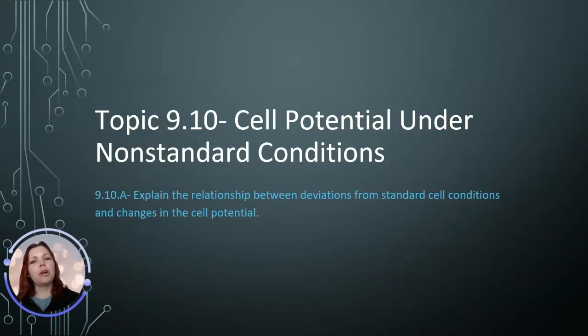Hello AP Chem students and welcome to topic 9.10, cell potential under non-standard conditions. The learning objective for today is 9.10.a, explain the relationship between deviations from standard cell conditions and changes in the